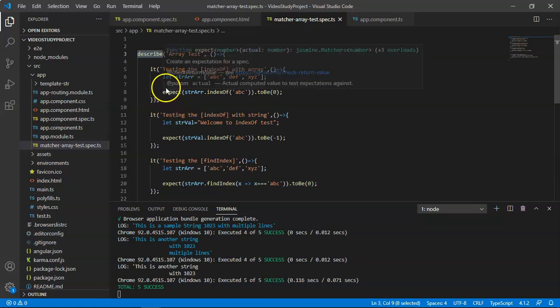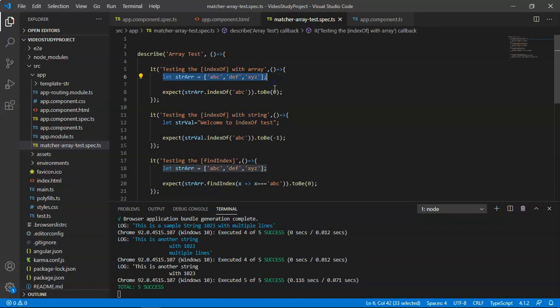Now starting with the indexOf method, we are going to create an array and check whether the array has this particular value. So str.indexOf('abc') to be 0. In this case we are checking whether the index of abc is 0, so it will pass.